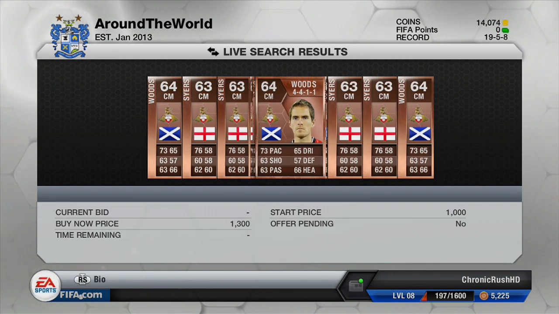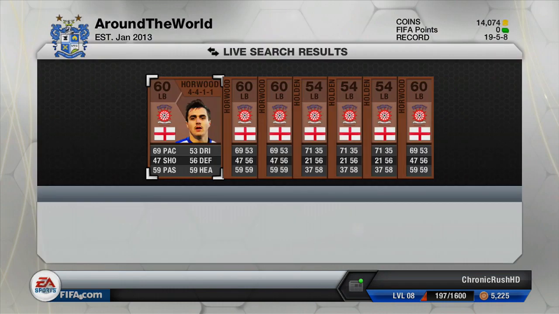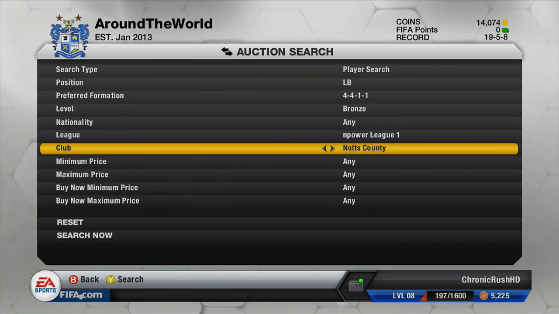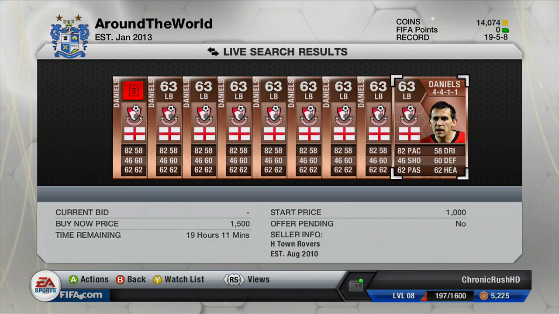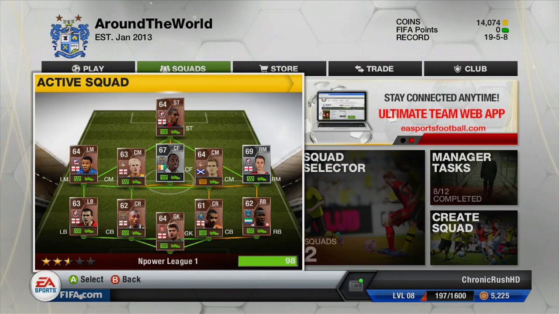See if we can, we just want as much fitness as we can on our team now, because we are moving into the Bronze Cup, and this is the last time we can actually win any more silverware this season. So we also look for another left back to swap out. Daniels, again, like I said, he's going for about 1,000 coins, and we picked him up for quite cheap, so